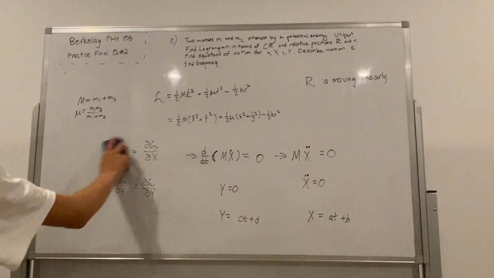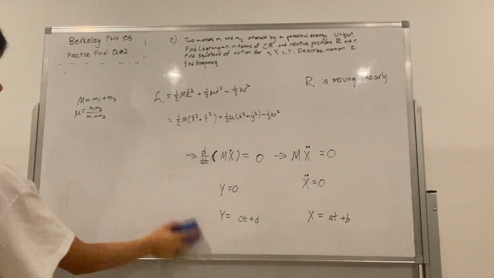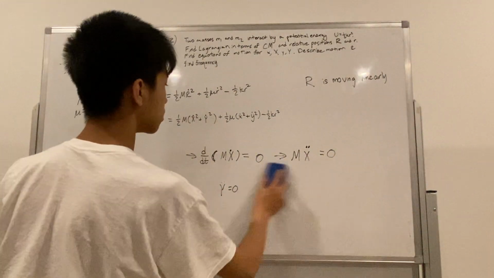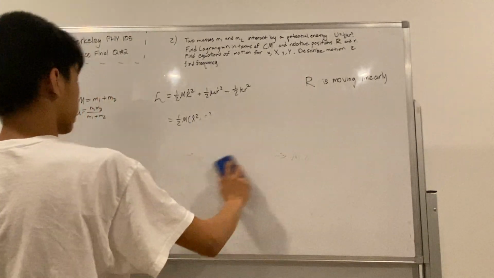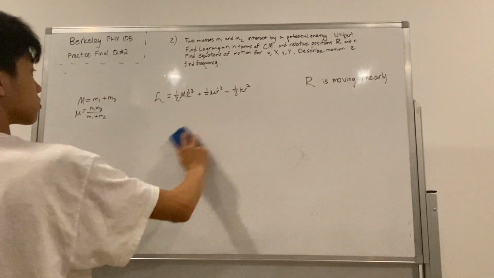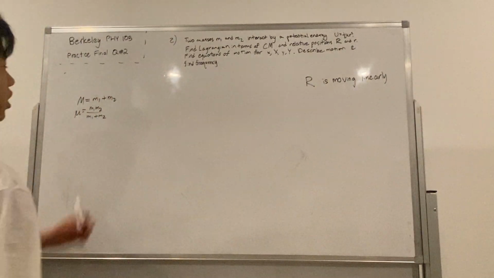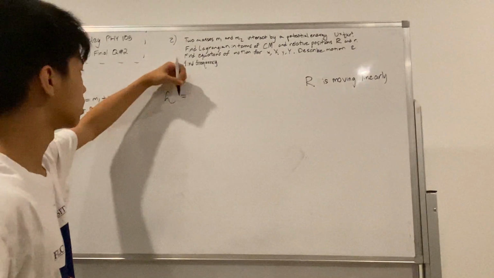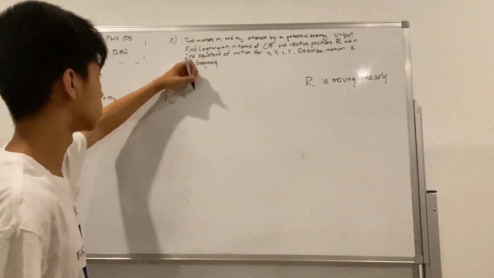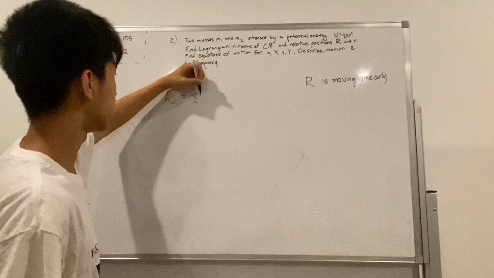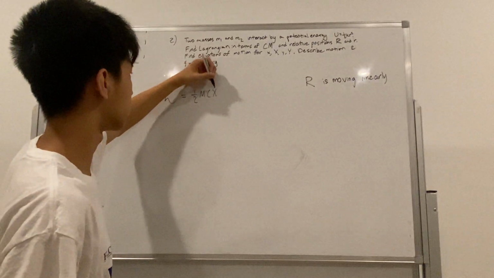Now, we can solve for little x. Oh wait, why did I erase that? Okay, so what was that? 1/2 m big X prime squared plus